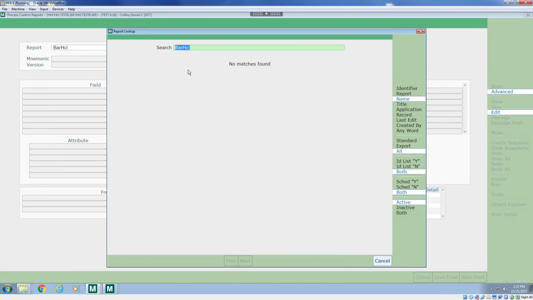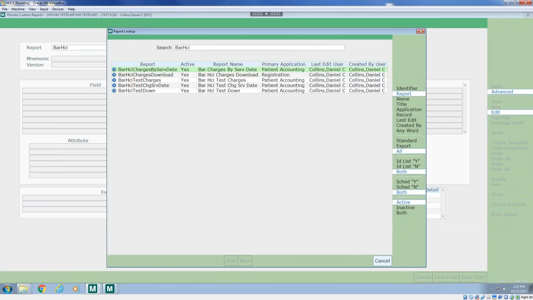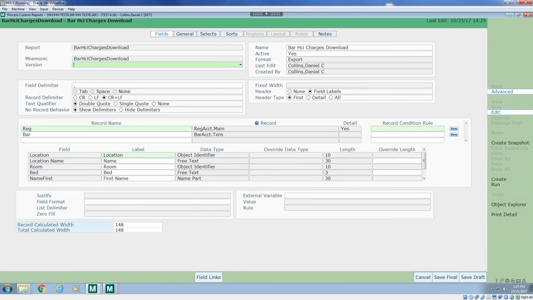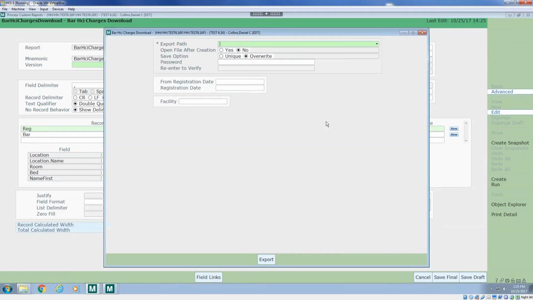Now it's not displaying in the lookup here because our lookup is by name, and I typed in the mnemonic here. So we're going to click on report bar charges, download. All right, I'm going to try running the report for the last